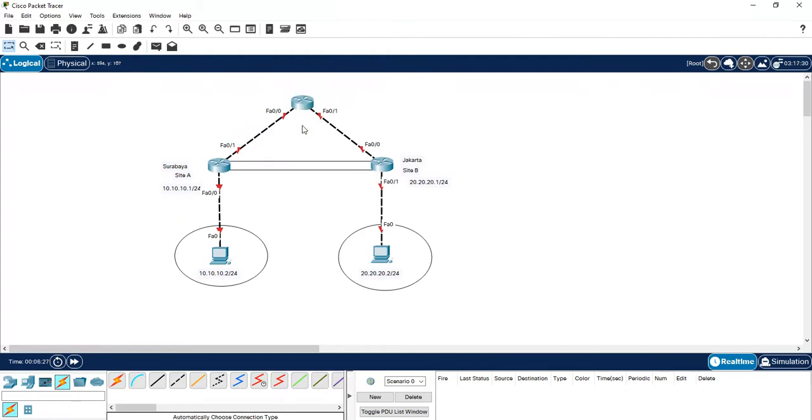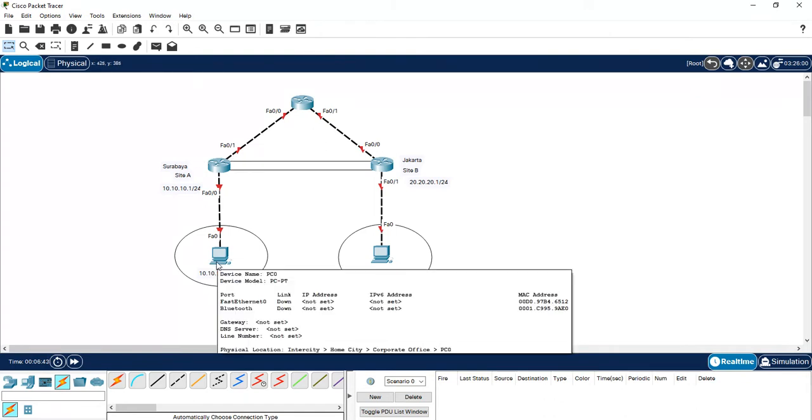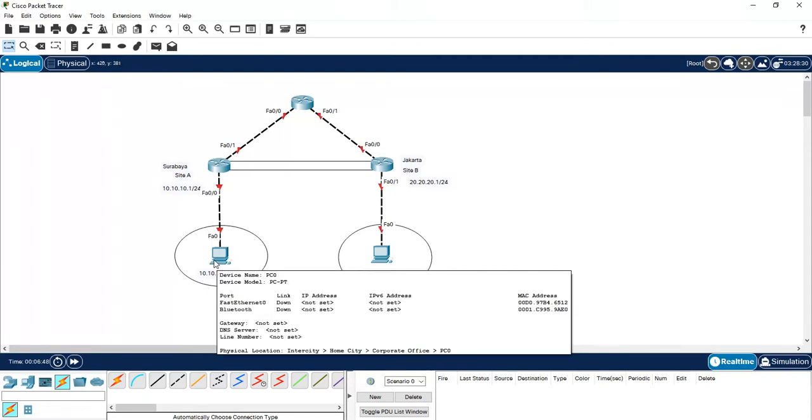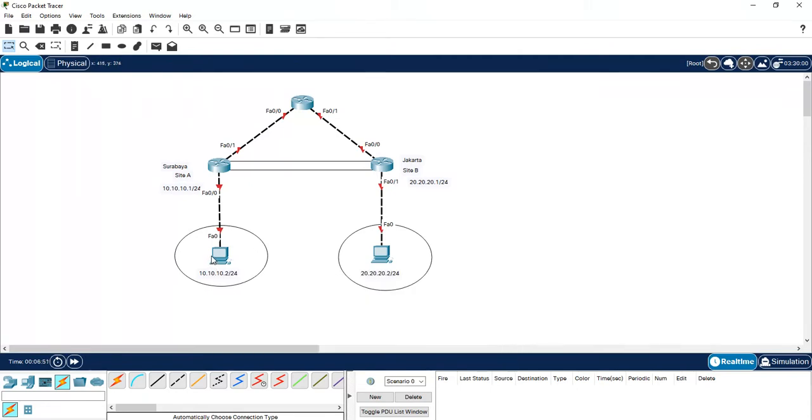So we do not pass packets the usual way, from this router to router 1, from router 1 to router 2, and from router 2 to router 3.